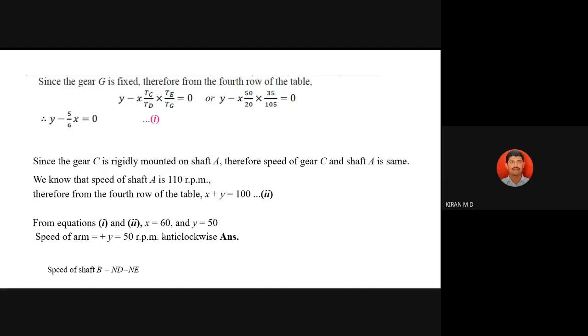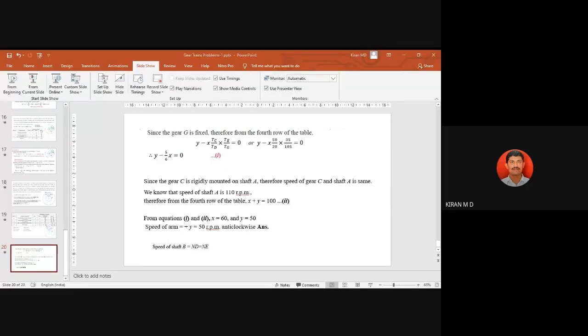So these are the few problems. I will share the notes in Google Classroom as well as the WhatsApp group about gears and gear trains. From next class we will start the cams. Last one: what will be the portion in the second module? About the second internal, the discussion is going on. There is no second internal, so directly you are going to write the descriptive in the third internal. Finally, I think by end of today evening, you will get those details.